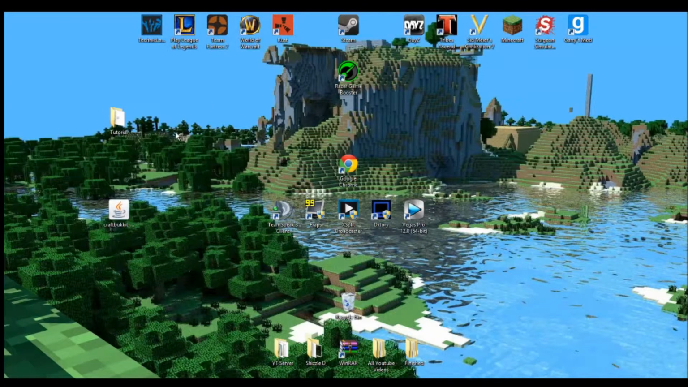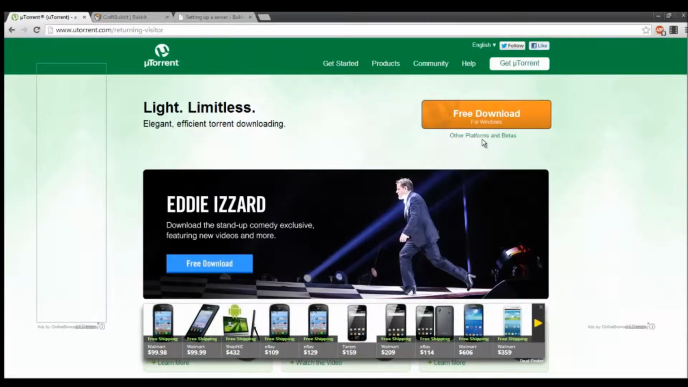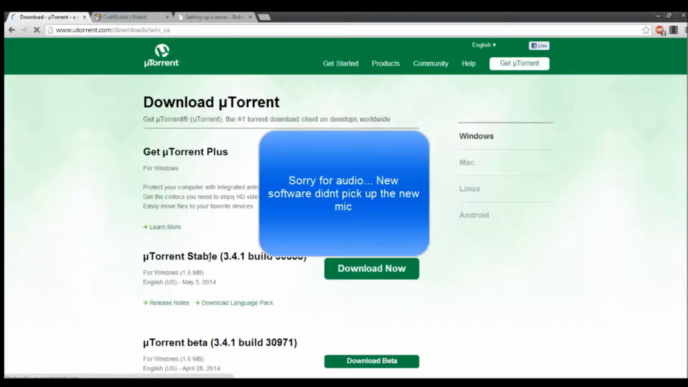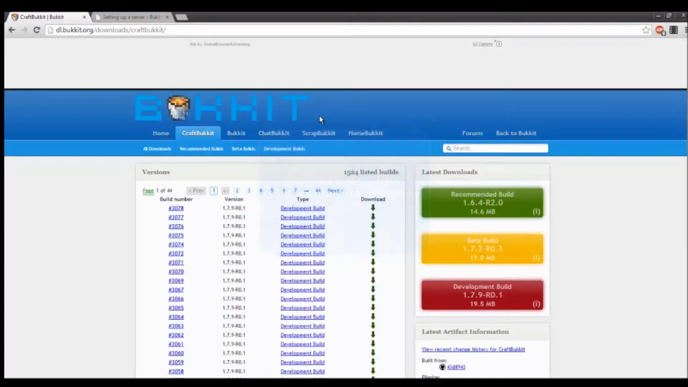So the first thing we're going to do is go to the first link in the description, which is uTorrent. Download it or go to the other platforms. Get the standard or stable build. After you download that, X out of this. Alright, so I'll give you a few seconds to do that. And then the next thing we're going to do is go to